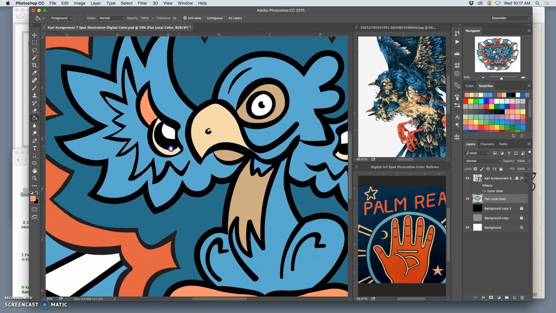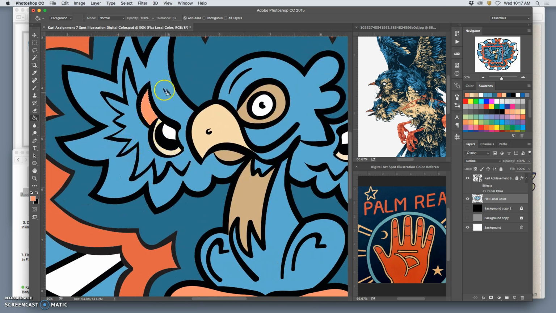The inside of the wing. I know I want it to be a different color than the outside of the wing. But it's an open shape, so I can't just use the magic wand to select it, because if I do, it will select that whole wing. So what do? It's pretty simple. Once it's selected,